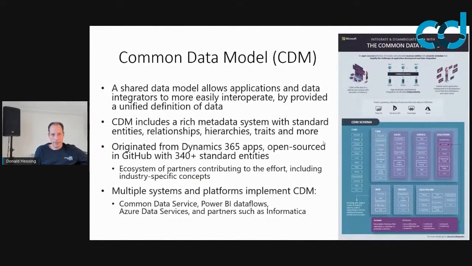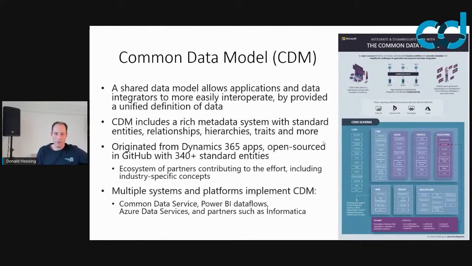The Common Data Service implements basically the Common Data Model, and the model is a variety of standard entities commonly used within systems. Examples can be a customer or a product or a lead or an order. So all of that, there are predefined entities, and Microsoft is heavily collaborating with other partners to have this Common Data Model implemented along the common systems of Microsoft.